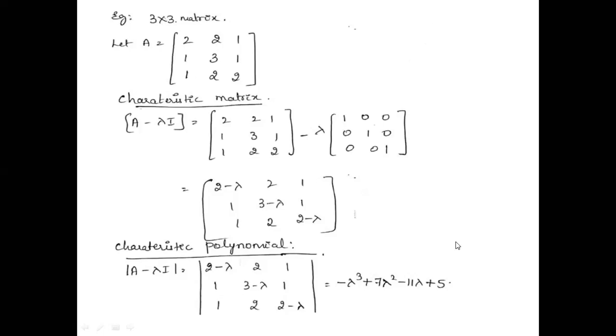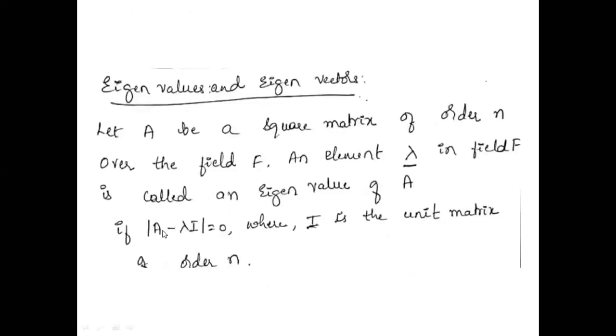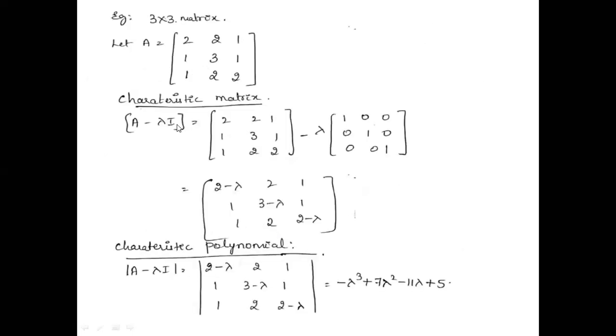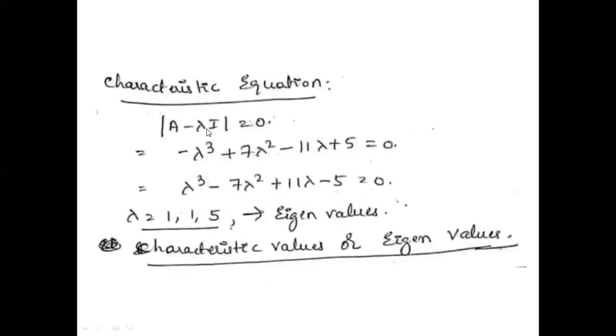Okay. So now if I take you back to the previous slide again, we need to have determinant of A minus lambda I equal to 0. Okay, and that's where we'll be able to find the value of lambda. So I have calculated A minus lambda I, which is this matrix. I have now calculated the determinant of A minus lambda I, which is this equation. So the last step is very simple. Determinant of A minus lambda I must be equal to 0. So this is the determinant of A minus lambda I equated to 0.